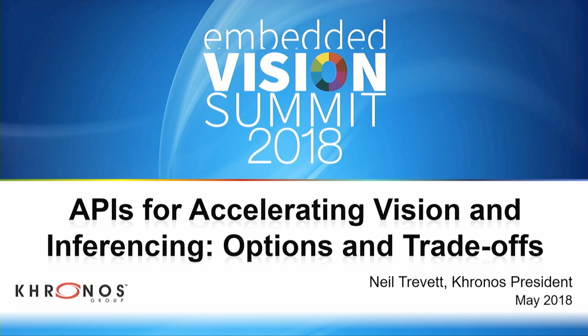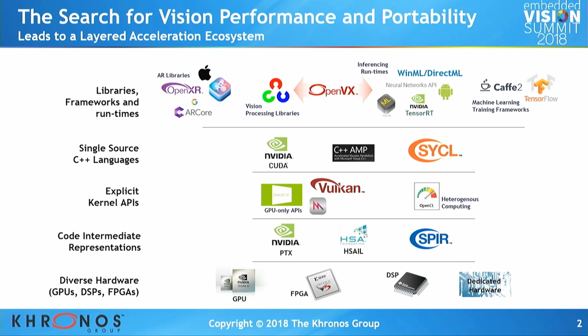Hopefully it's insightful. This is the fourth time we've actually done this kind of overview, but it changes completely every year. Things are moving really fast. So I enjoy putting these together. Hopefully it's useful for you too. So this is a sampling of the API and language ecosystem for vision and inferencing. It's just a sample. If your favorite API or library isn't there, apologies. I'm just trying to illustrate the layering that is becoming more and more pronounced each year.